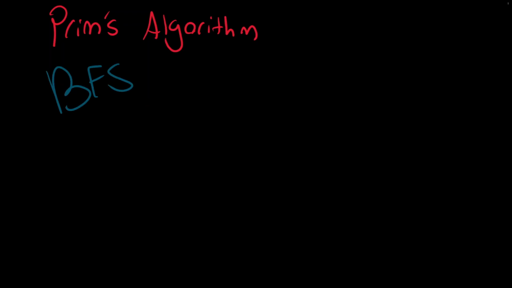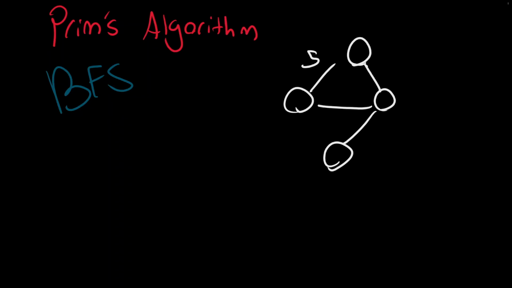Today we're going to be tracing Prim's algorithm. Prim's algorithm uses a BFS, so it uses BFS to find the minimum spanning tree, the MST, of a graph structure. Say we had this graph structure with edge weights 5, 3, 2, and 7. The minimum spanning tree would be 3, 2, 7, as it is the most cost-effective way to connect all edges